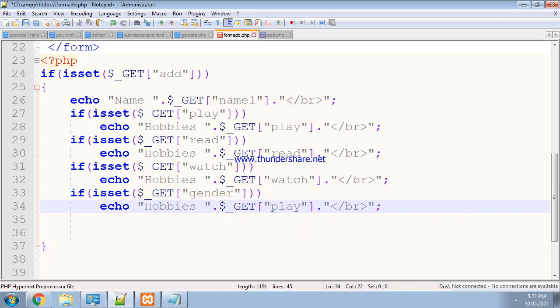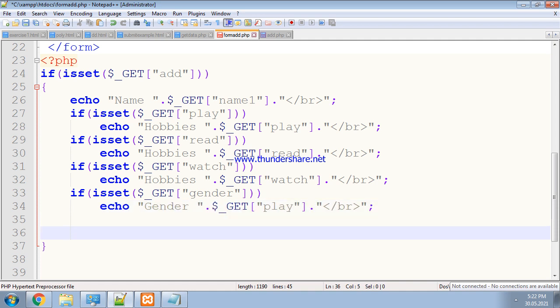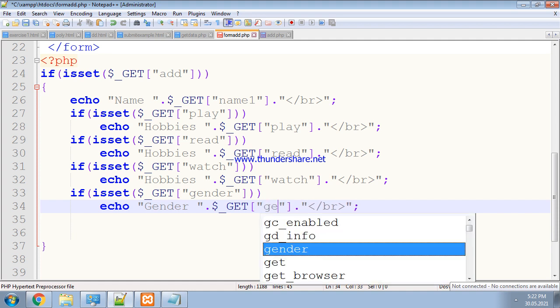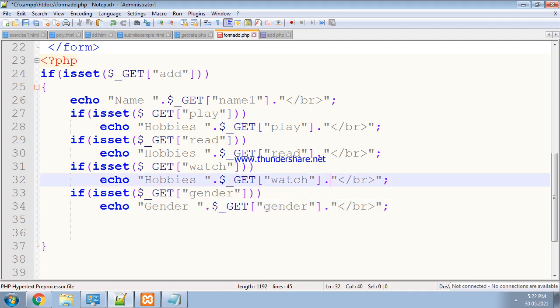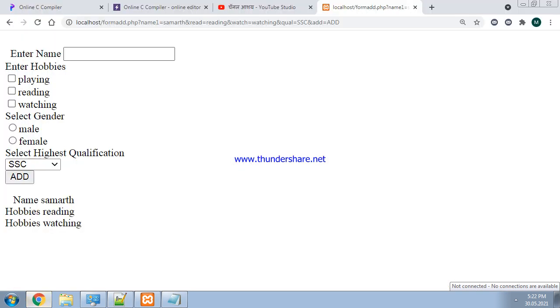Here you have to write gender. The text can be anything, you can write gender here, and here the value is gender, GENDER. Now let us run the program once again.